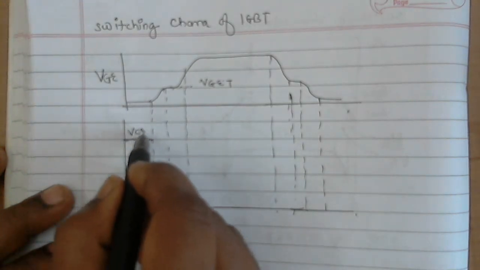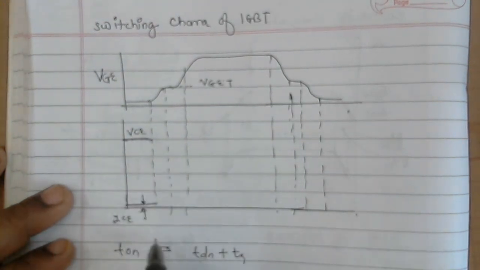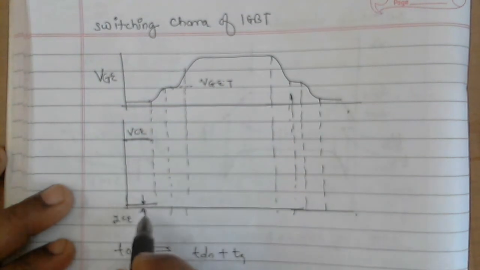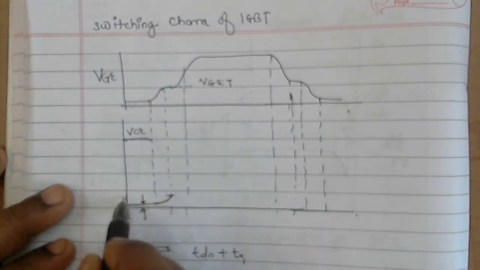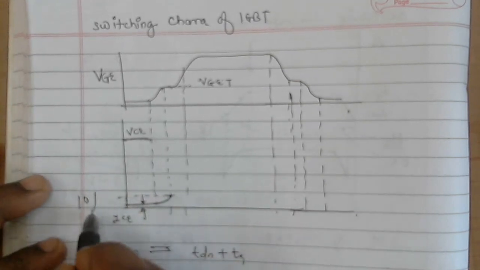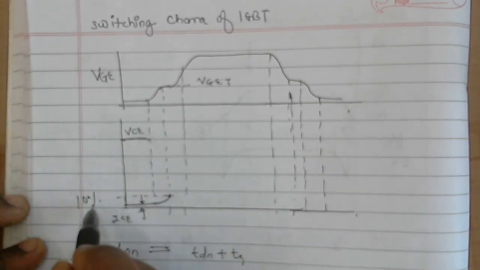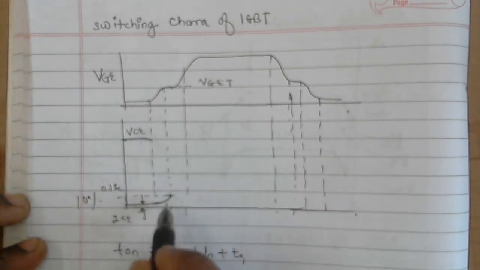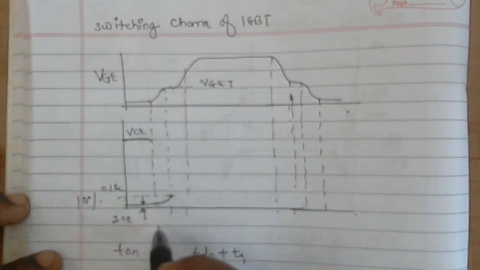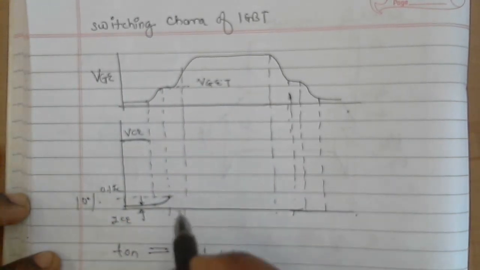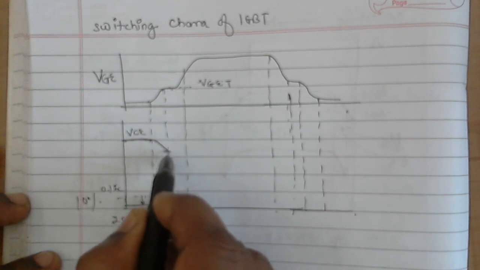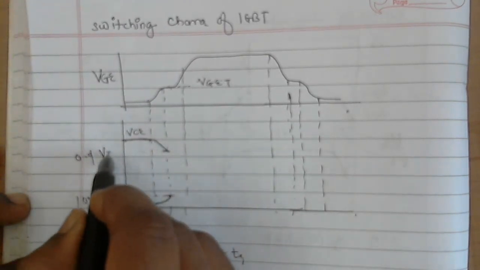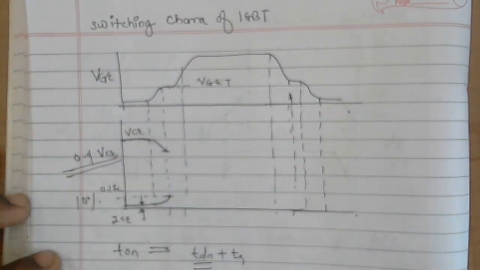at the collector emitter. So the delay time is the time in which your collector to emitter current rises from 0 to 10% of its actual value, I can say 0.1 of IC. Or else I can say that it is TDN. The delay period is a period in which collector to emitter voltage decreases from its full value to 0.9, means 90% of its actual value.